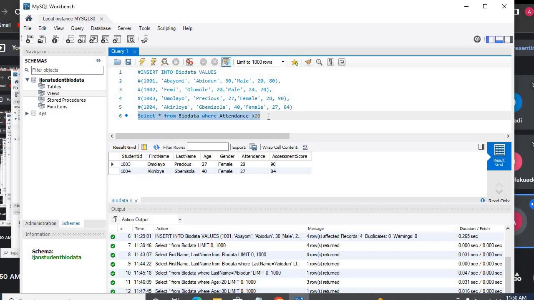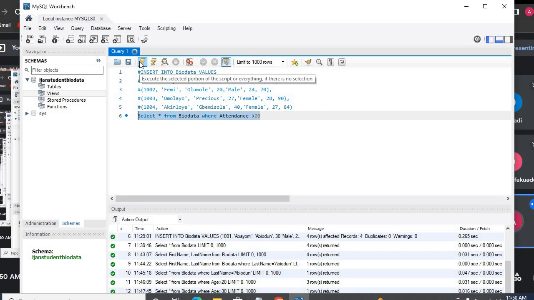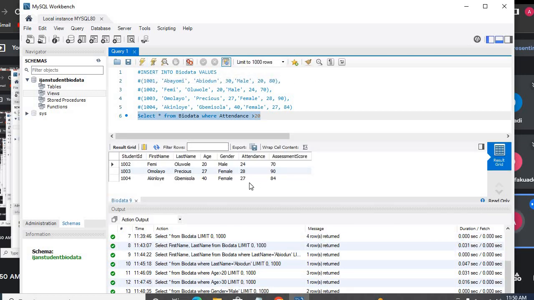Probably I have some record of students and I quickly want to see the number of people that attend classes, the people whose attendance is more than 20. Probably I want to give them something, so I can just use attendance is greater than 20. Once I run it, it's only going to display the ones that have attendance greater than 20, which we have 24, 28, 27. If I use greater than 24,